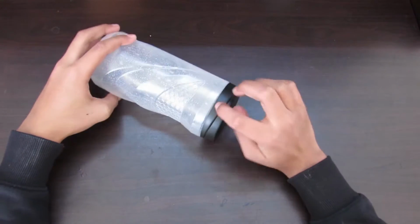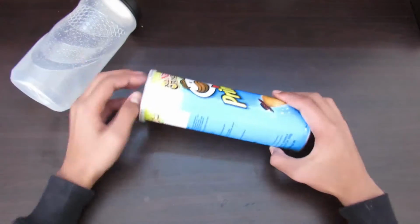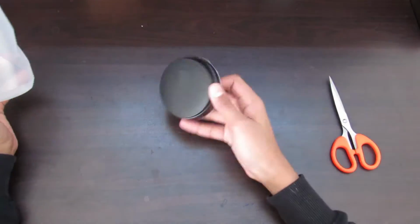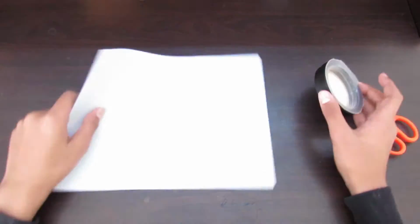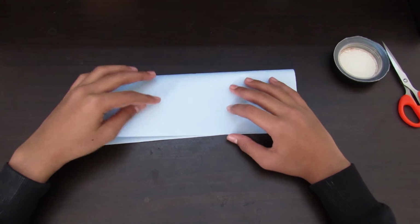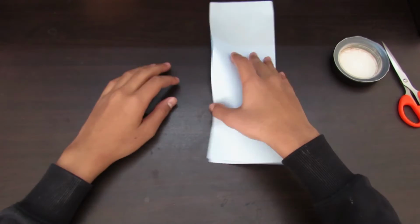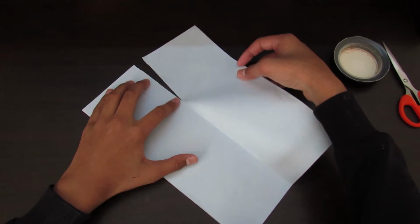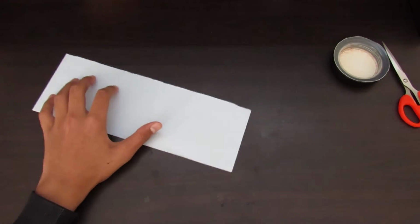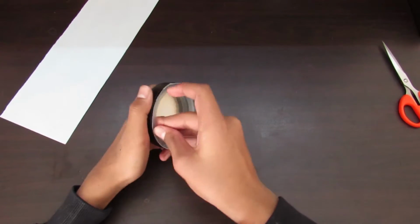So the first step is to cut your protein box from right here or your Pringle box from here. Now you just need this part and you can throw away this part. After this, you have to take a sheet of paper, fold it in half, cut it, then take this thing out,